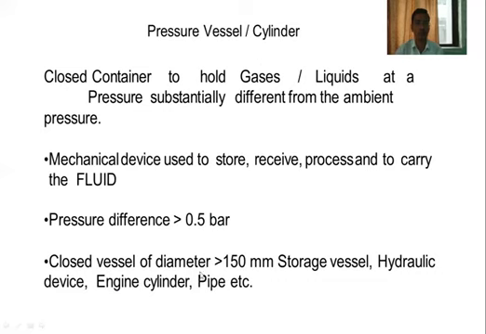Closed vessels of diameter greater than 150 mm are called storage vessels, which consist of hydraulic devices, engine cylinders, pipes, where the diameter of the vessel is greater than 150 mm. So that will be called a storage vessel or hydraulic device or engine cylinder or pipelines, etc. So basically a cylinder or pressure vessel is the mechanical device used to store, receive, process,